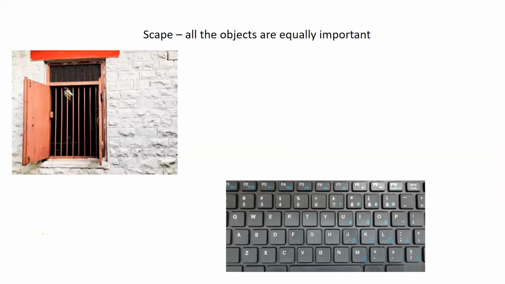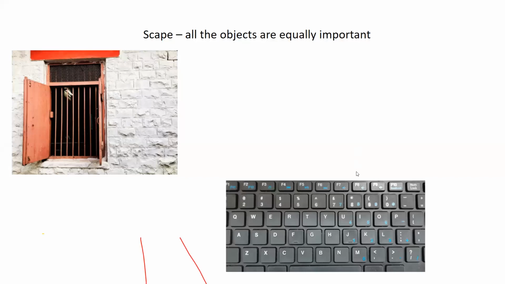Now the scape. If you remember the previous images, each was about something. It was about the hand. It was about the bike, the way it's parked. There was one thing that was more important, and the other things were giving information about the subject. But the scapes are the images where everything is equally important. It can be anything, like the window and the wall. In this image, everything is equally important. I am liking the wall also, the window is also nice, the color contrast is good. So I can't make out that this is my subject. Everything is equally important, like this keyboard image.